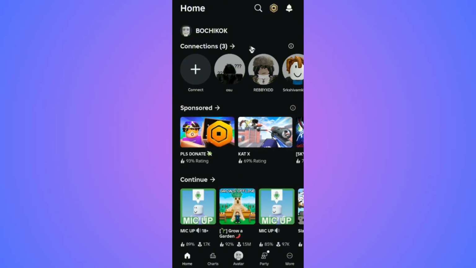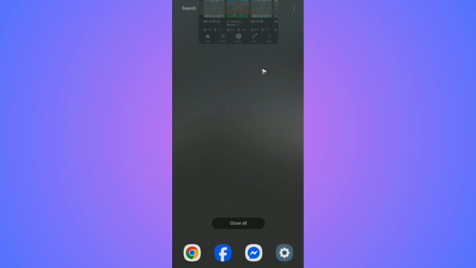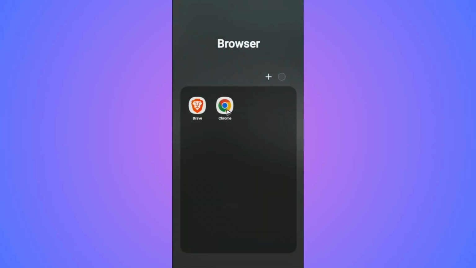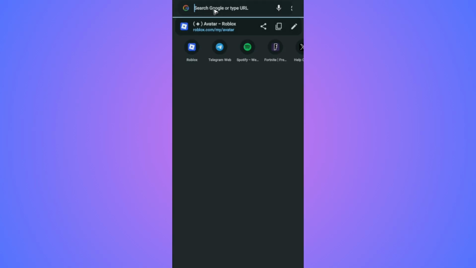Now, first up, if you have the app opened, just close it, okay? Because as of today, August 20, redeeming from the app itself is not possible, okay? All you have to do is just close this one, open up a web browser, okay? Once done, go to the search bar and type in